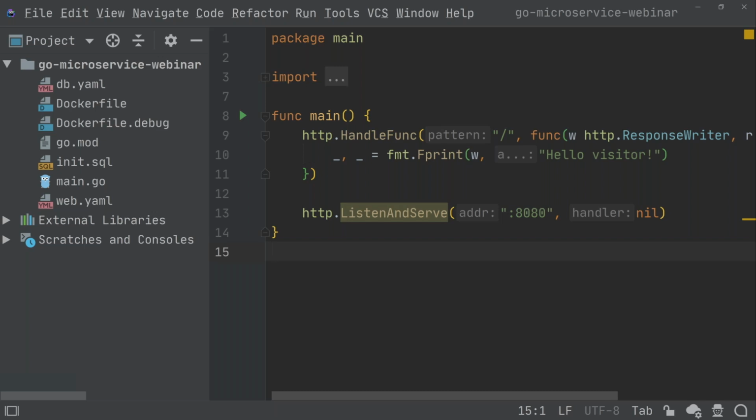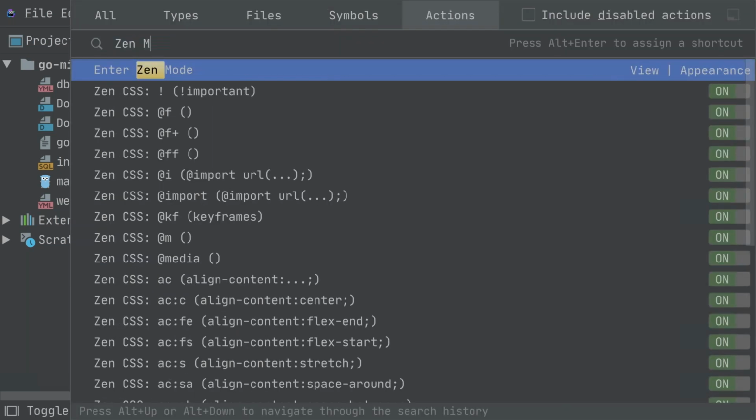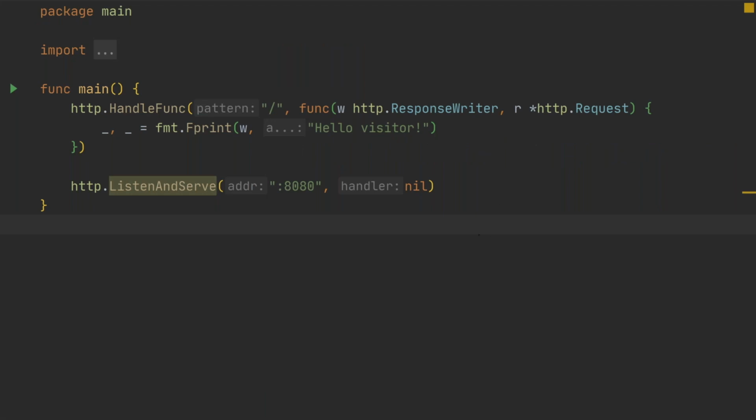Before we start, let me make this IDE a bit nicer for you all to see and convert it to my usual work environment using the Zen mode. In case you wonder what setup I have, I'm currently running on Windows. I'm going to use Docker and Kubernetes that are running on Windows. And for the IDE, I'm using the latest version,